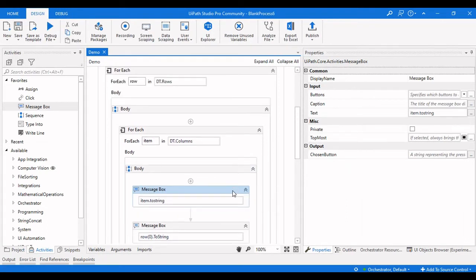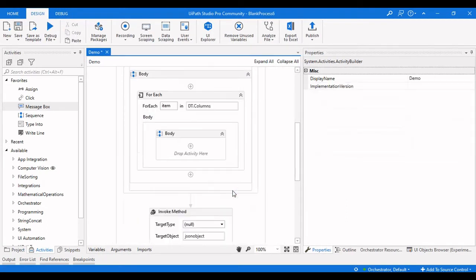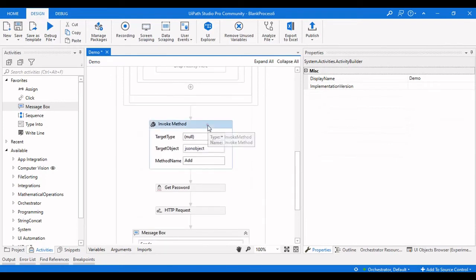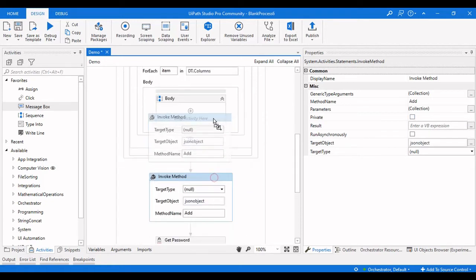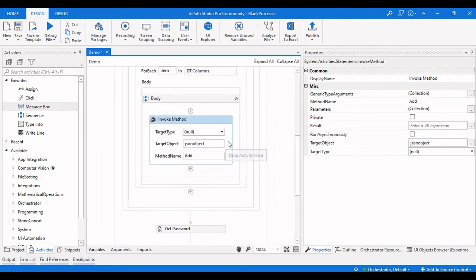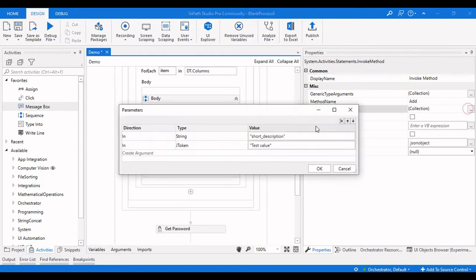Now what we need to do here is, let me delete these two, and this is the main method where we are creating a JSON object. So we need to pull this inside the for each. Instead of passing these values, the short description is nothing but the column name.